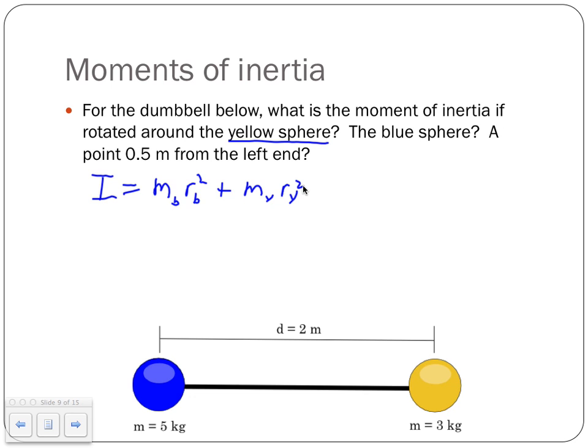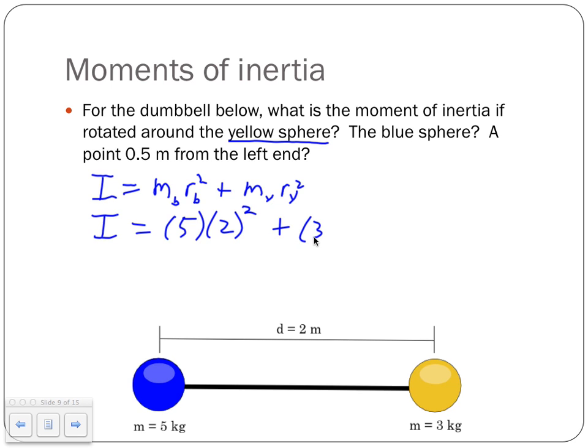Continuing on, let's look at the blue one. How far away is the blue one from the axis of rotation? In the first case, we're rotating about the yellow sphere, so the blue one is 2 meters away. The blue one has a mass of 5 kilograms, which is in the right unit, so we can leave it there. 2 is the radius away from the rotation, so 2 squared, plus the mass of the yellow sphere,